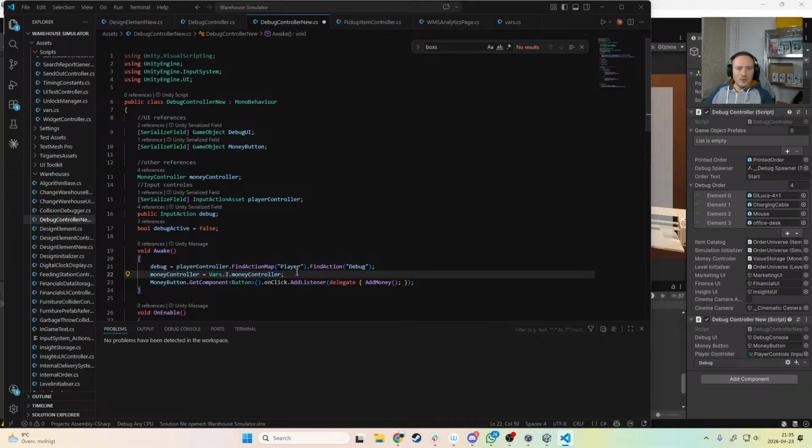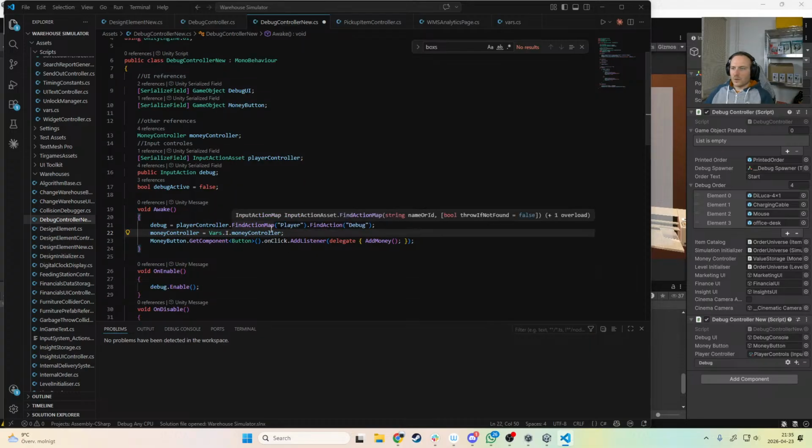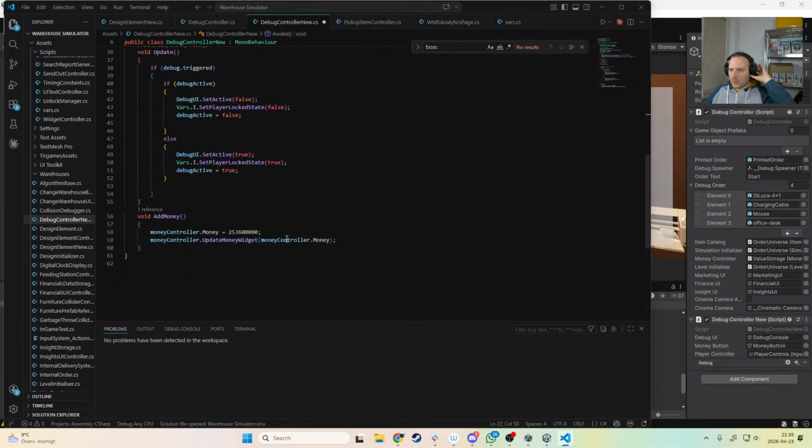Great. So this was the first step. The next step is we actually want to change our money. At the moment, we're just setting it to a value. But what I want to do is add money, right? So you click it multiple times, you get more money instead of just going to 10,000 again. So we will just do a plus equal and then